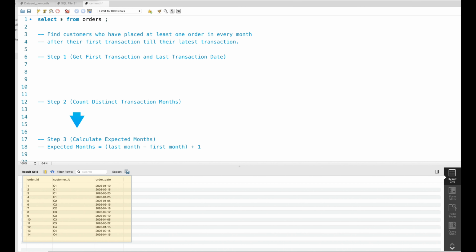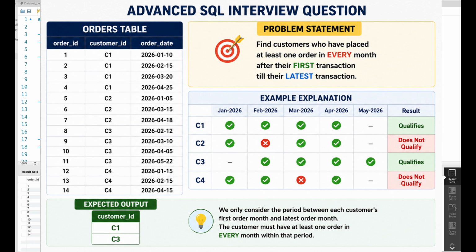Hey everyone, we have an orders table where we have order ID, the customer ID, and the order dates. And based on this table, we are going to solve a very interesting SQL problem. That is to find customers who have placed at least one order in every month after their first transaction